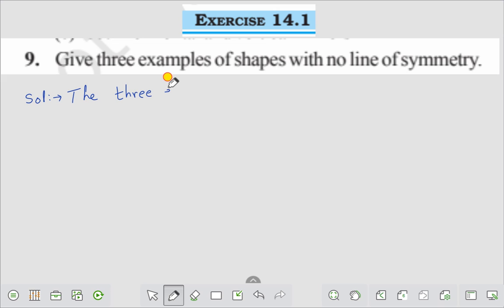Three examples of shapes with no line of symmetry. The three examples are: number one is parallelogram. We have already shown this in the above question. Parallelogram,